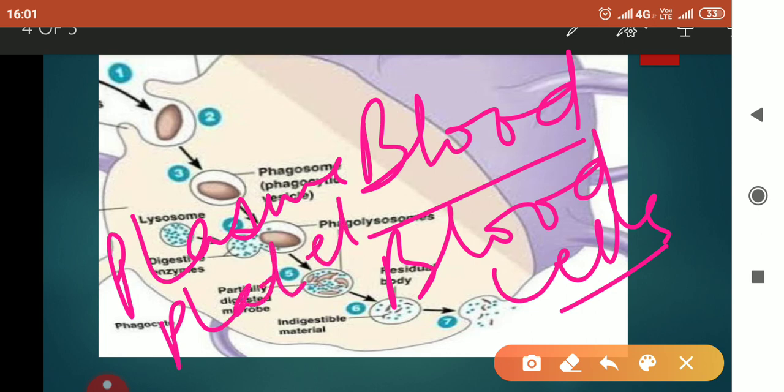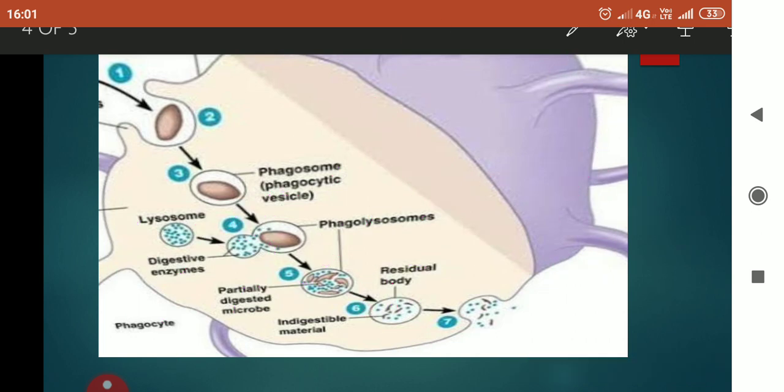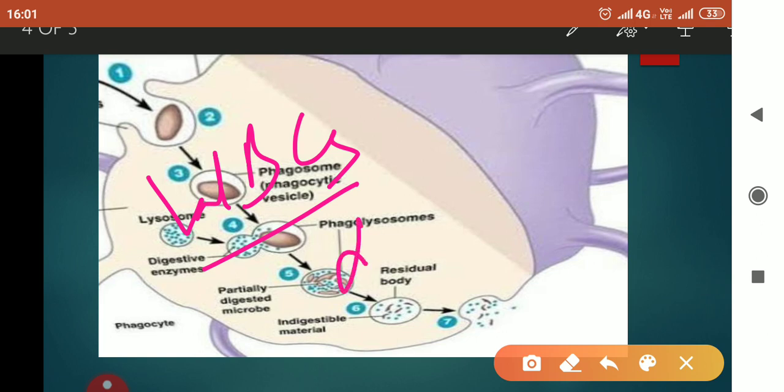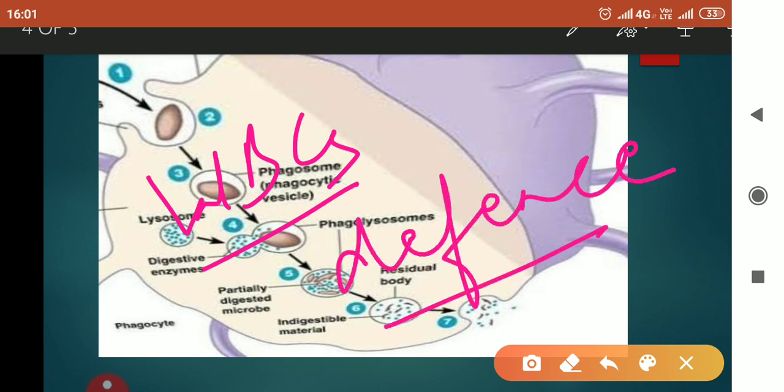Now in the category of blood cells, you have studied about WBCs and RBCs. So WBC's function is to provide defense to the body. Defense means it fights with the foreign particles